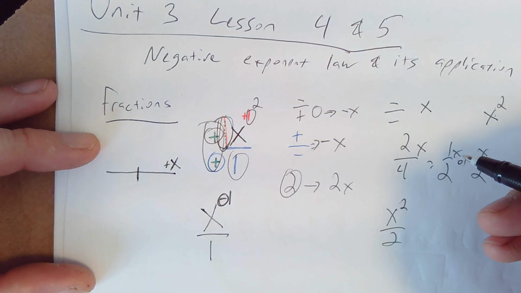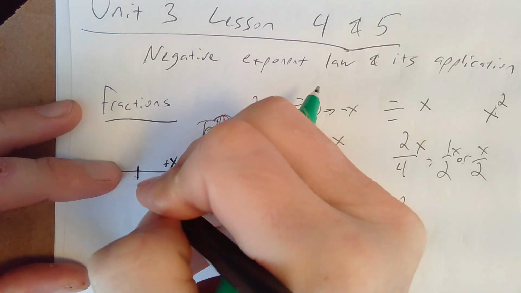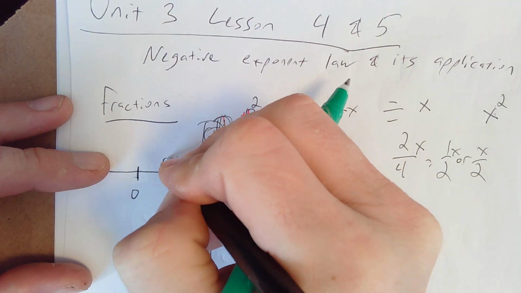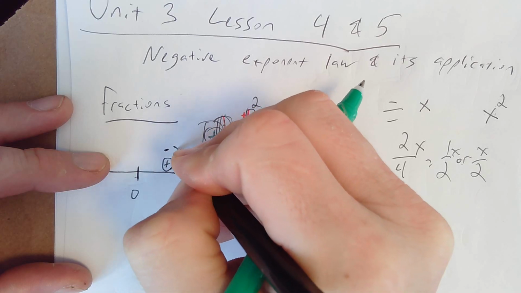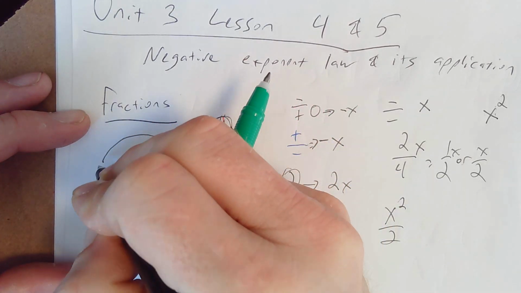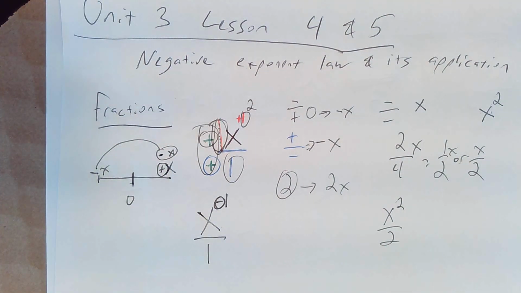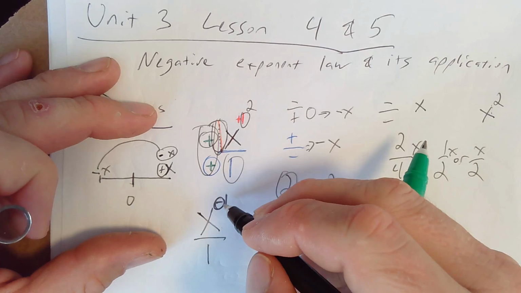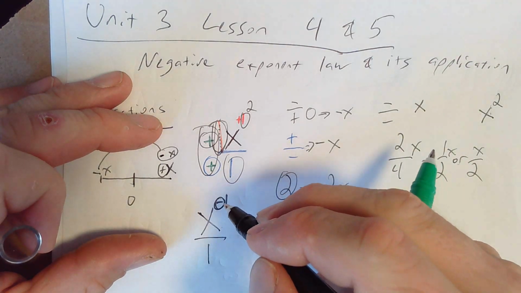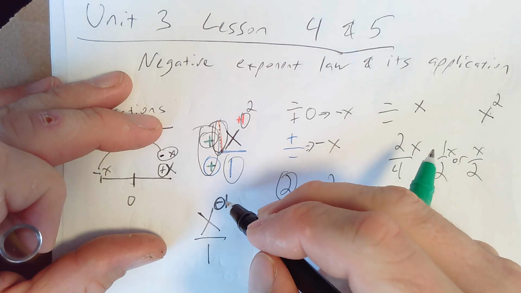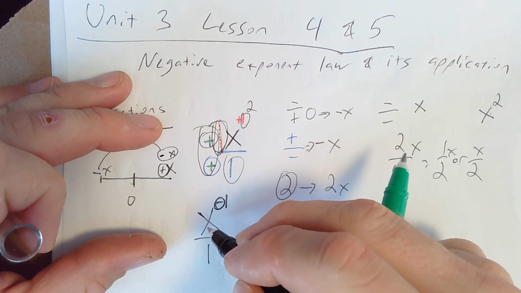I had the positive x, and this is my number line, and this is 0, and then I changed that to a negative x. Well, that changed it and moved it to the other side of 0. Okay? Well, changing the coefficient of the variable to something completely different. Okay? Changing the coefficient of the exponent of this x